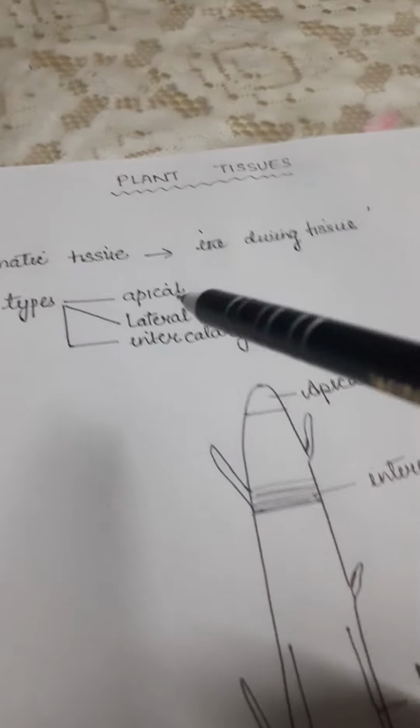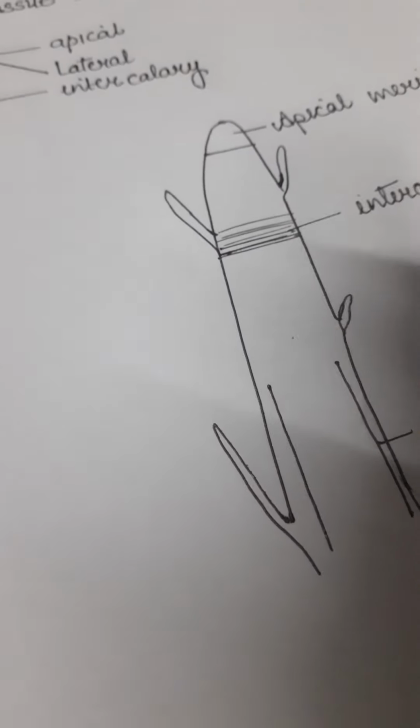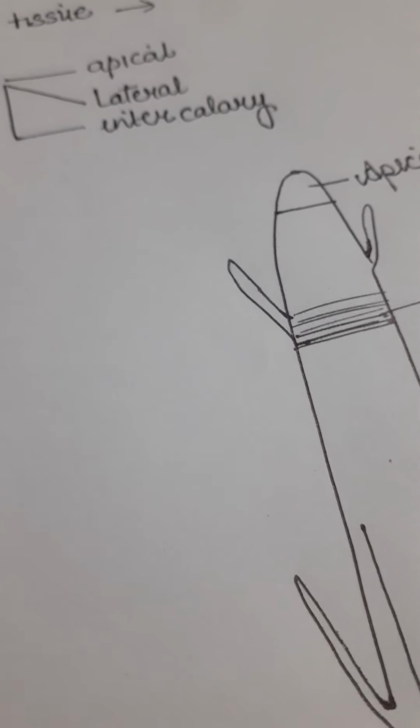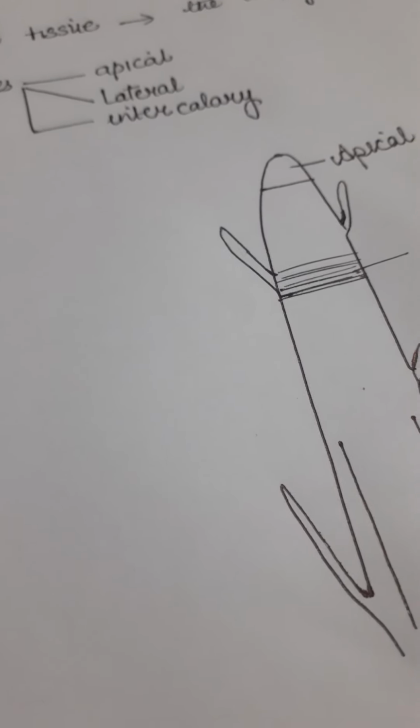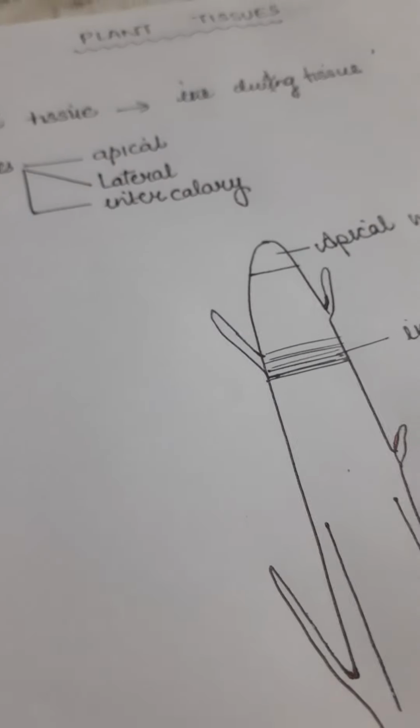Meristematic tissue. Meristematic tissues are the dividing tissues. These are known as the dividing tissue. Dividing tissue means the tissues which are permanently dividing. Permanently dividing means that they are continuously dividing as long as they are meristematic by nature. So they will continue to divide and new cells will be added, and these new cells later on will be given certain specific tasks or functions, and then they will be designed accordingly.